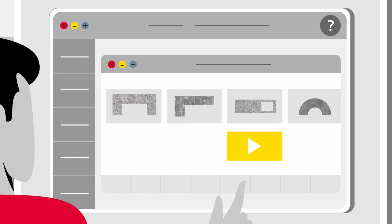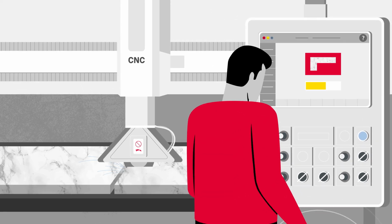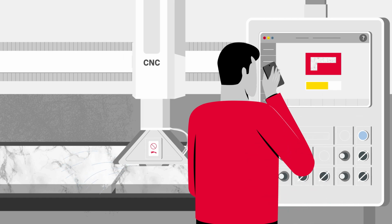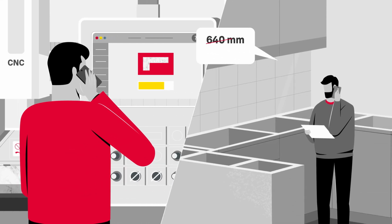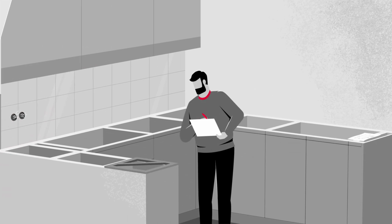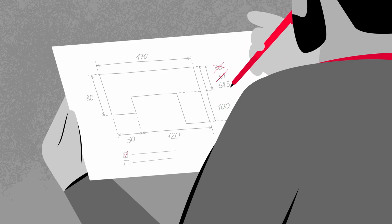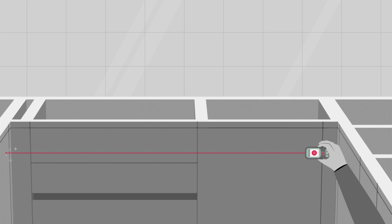The production of individual elements from stone or glass requires the highest precision and is associated with high risks. The smallest errors can lead to expensive rework or waste of material. The manual creation of templates is labour-intensive and error-prone. Even using a laser distance meter is not enough when it comes to glossy surfaces or when you have to